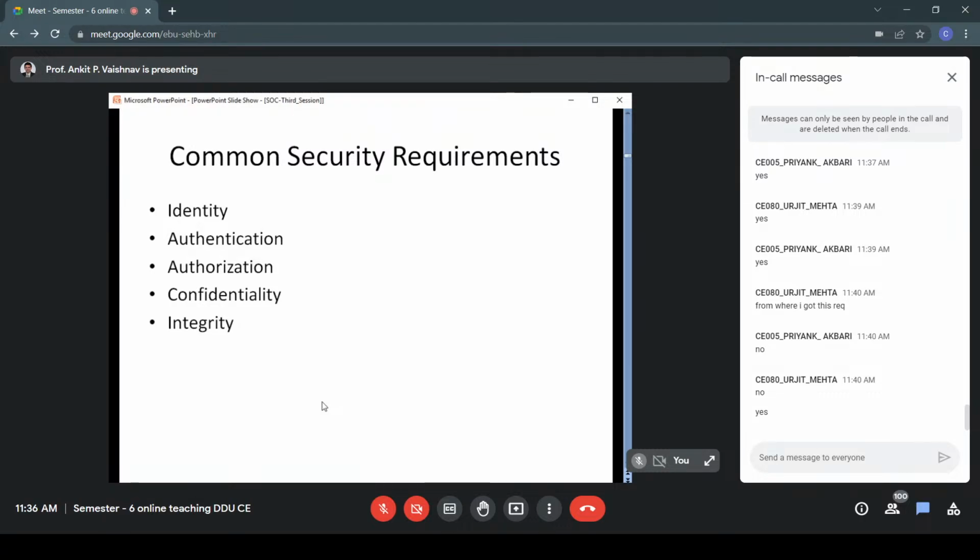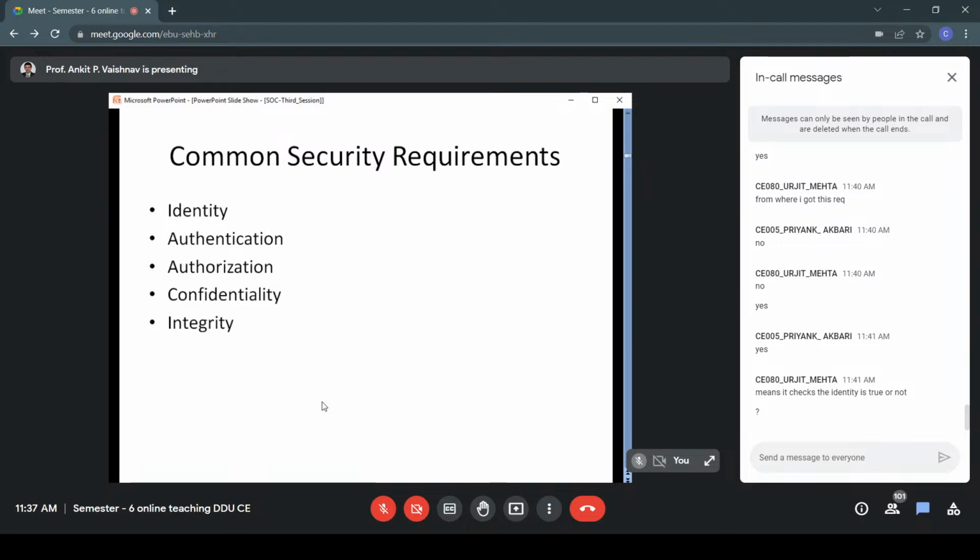So identity has to be sent, plus you need to send a proof. And as a proof, we can send a URL of the web service from where it is originated, or you can send the website address of the company at least. So that you can go through that website and verify whether it is a valid request or not. So this is called authentication. You validate whether the proof is actually valid or not.